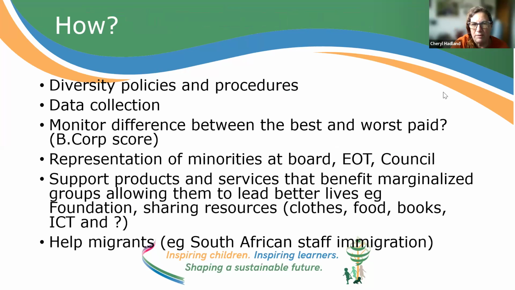So there's a whole long list. I'm not going to read it out, of the things that I could see that we could do. The one I would highlight is that B Corps score. When there's a huge difference between the best paid and the worst paid staff, you score badly on B Corps. For example, some of the really enormous companies, like ICI, their CEO is paid like 350 times what their apprentices are paid. It's massively unfair. But we're probably more like the best scoring, which is about 5 times the difference. It's just something to be aware of.